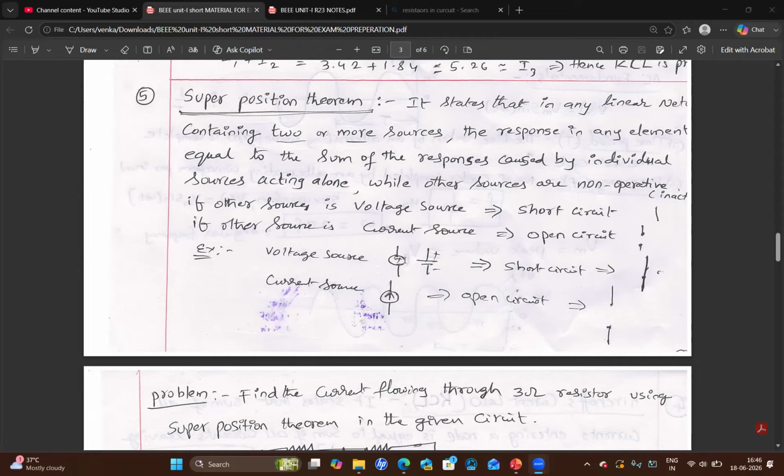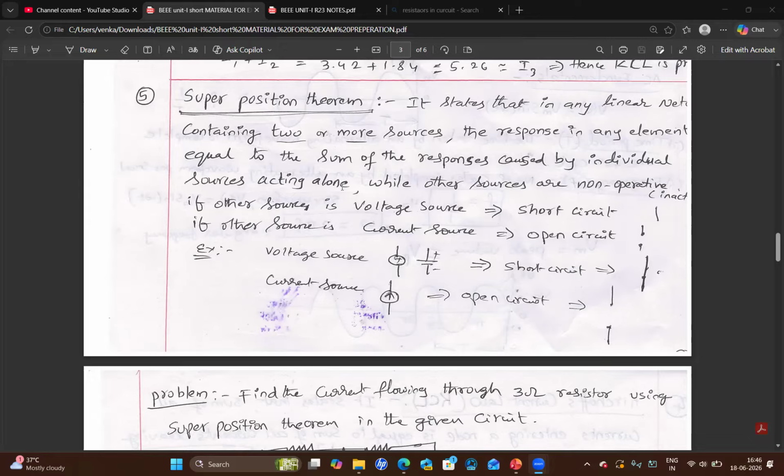Generally, we know that a voltage source is represented like this, plus minus or plus minus like this. A current source is represented with an arrow indication. So, in a given circuit or any linear circuit, if you observe two or more sources, then the response in any element is equal to the sum of responses caused by